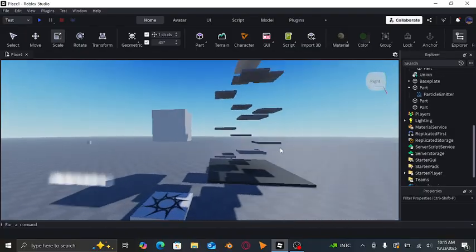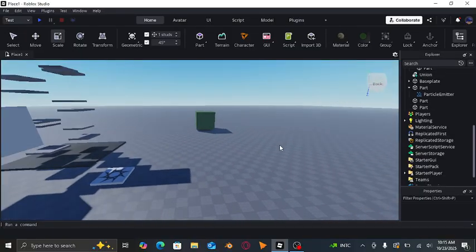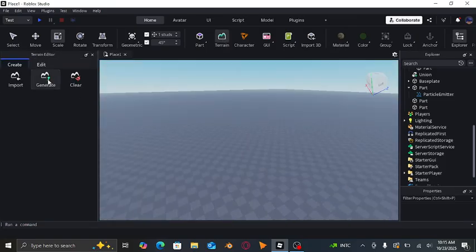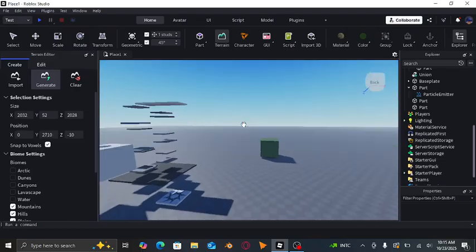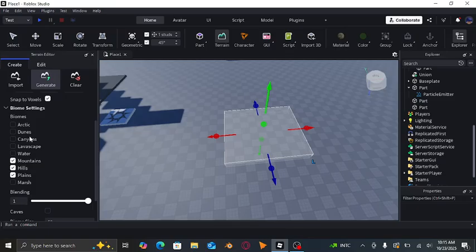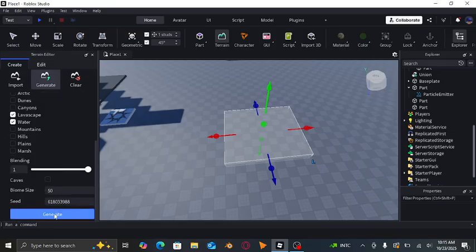And that's kind of that much. But terrain, I will go over terrain. So generate, I did do a whole base plate one, but if I wanted just this, right? And I wanted marsh, let's just do all of it. That's probably not gonna do much. But if you wanted water and lavascape, guys, don't worry about volcanoes or whatever. You'd have to make that your own. But if I go ahead, scroll down and hit generate,